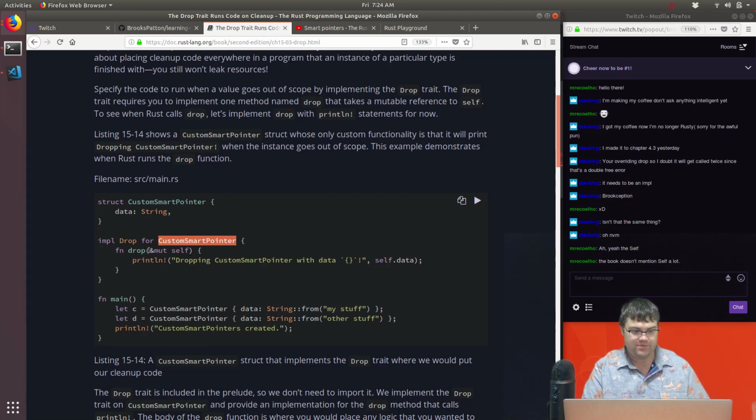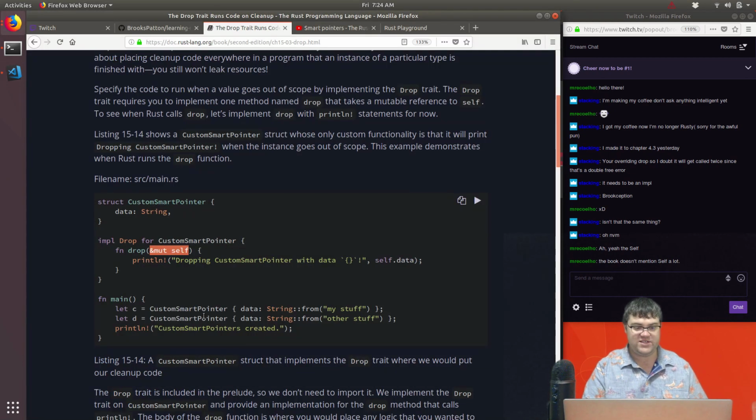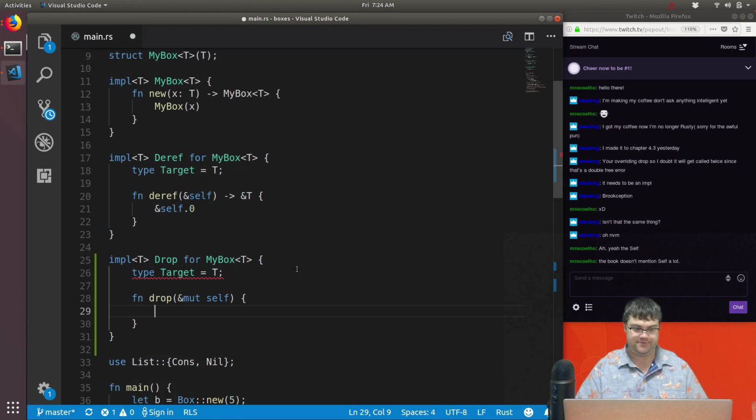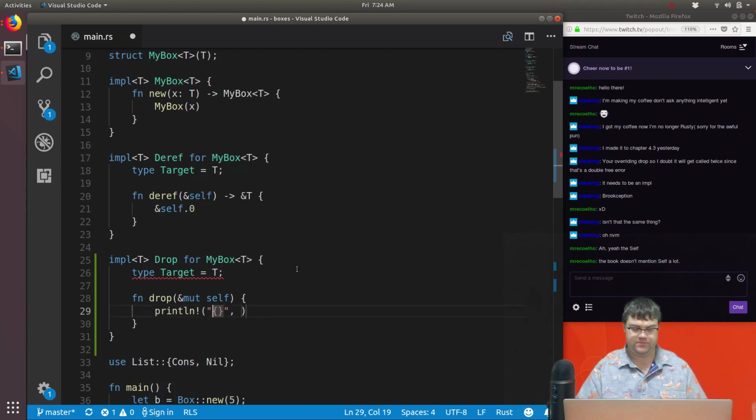So function drop, it takes a mutable reference to self. That's interesting. Then in here, we're just simply going to print line dropping this smart pointer. So print line dropping the smart